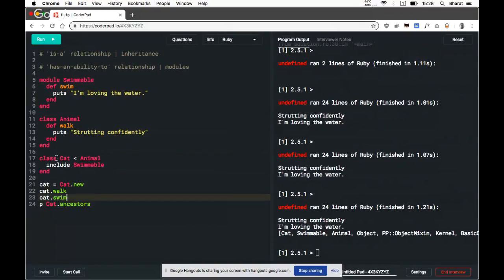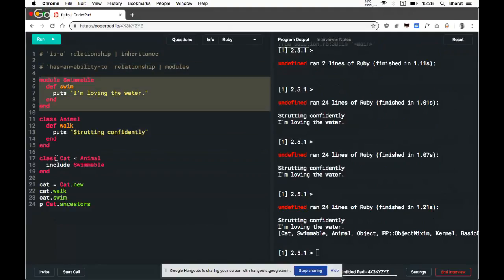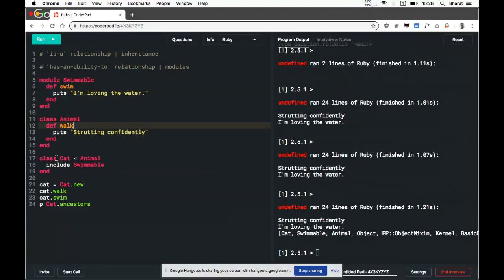So while you have multiple ancestries, this is something you plug in and has an ability to. When we are modeling a situation, cat is an animal. Cat has an ability to swim. Not all animals have the ability to swim. So this is crucial for understanding where to use modules and where to use subclasses and inheritance.